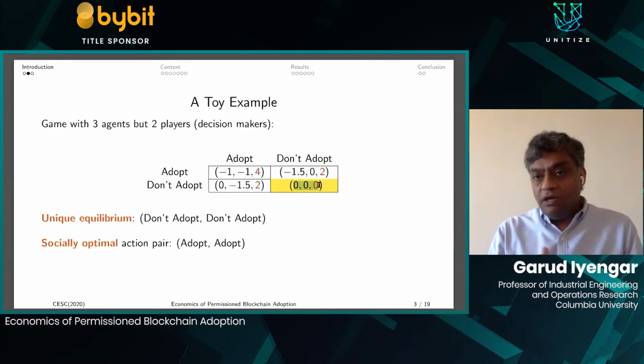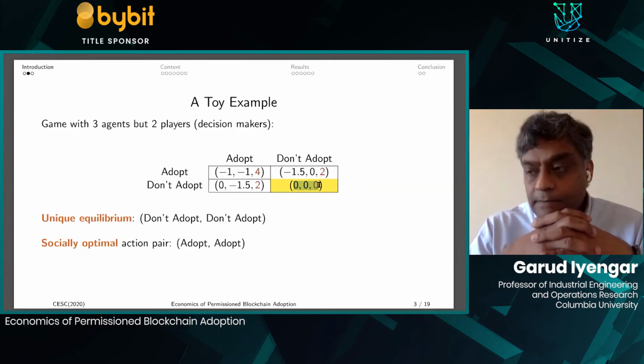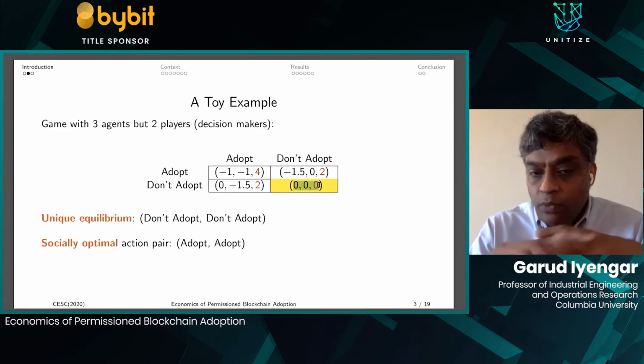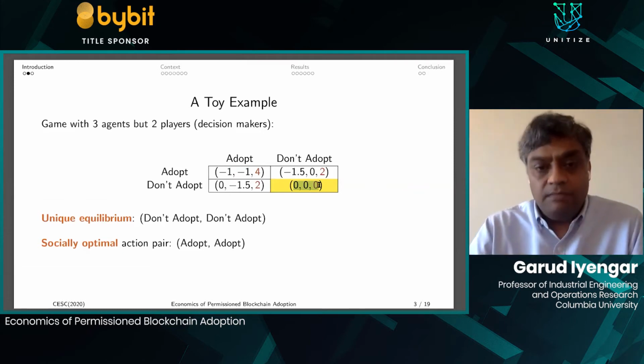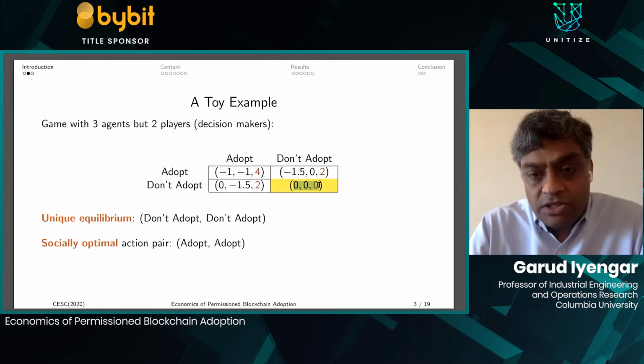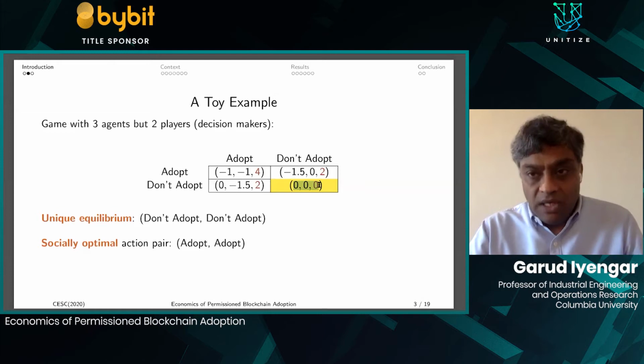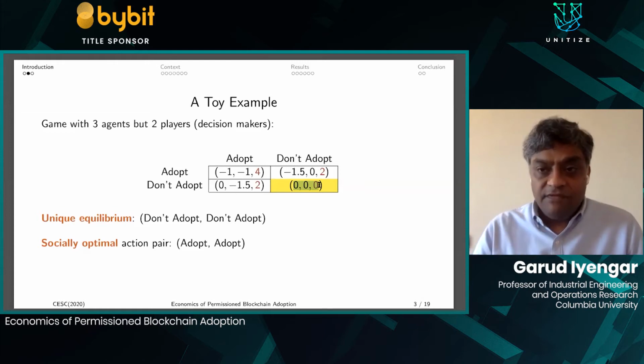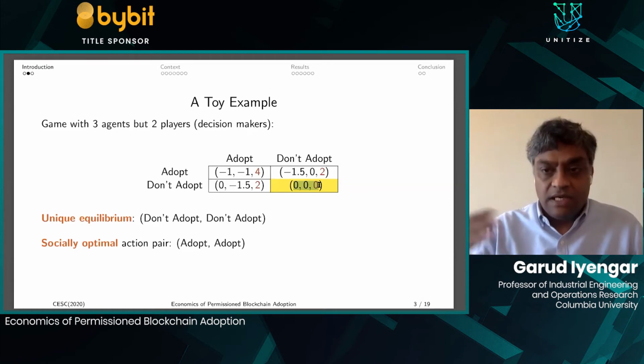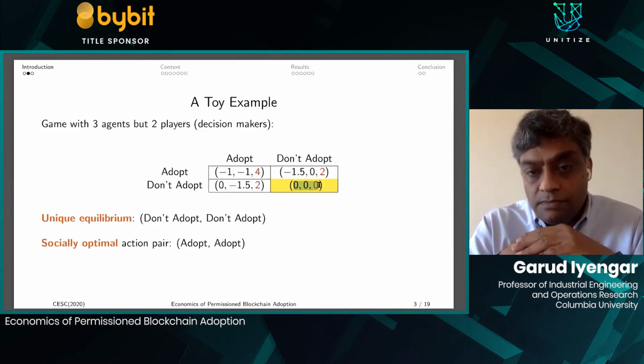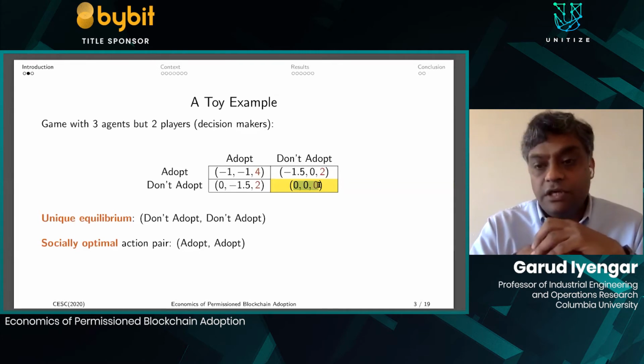So this is where our discussions began about looking at blockchains, because what was happening was the cost of the blockchain was coming from one set of entities, but the benefits were being externalized in some sense. Unless you're able to internalize some of those network benefits that were coming, the chances are that people will go to the equilibrium which is not socially optimal.